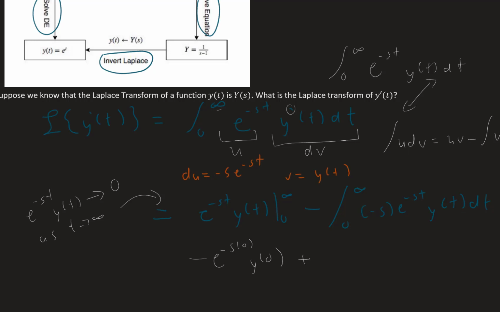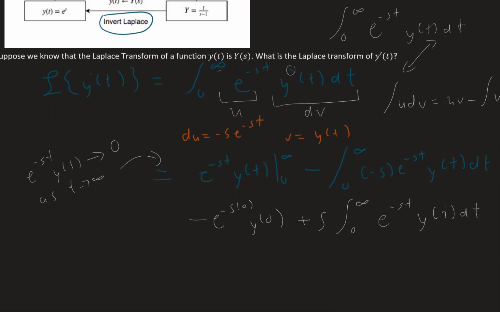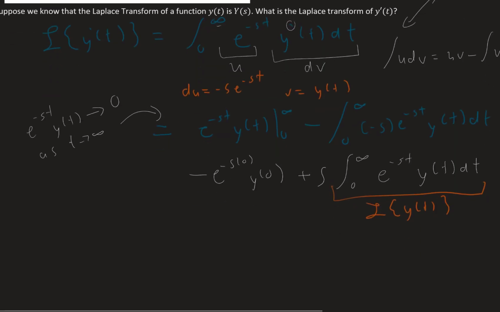The second term, if I factor out an s, will result in s times an integral 0 to infinity of e to the negative st y of t dt, which we'll recognize as the Laplace transform of y of t. So, putting this all together, and of course using the fact that e to the 0 is 1, the result that we get